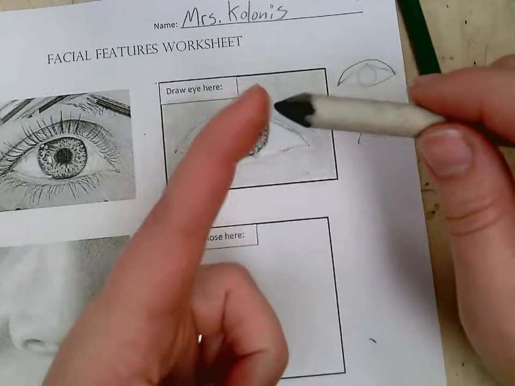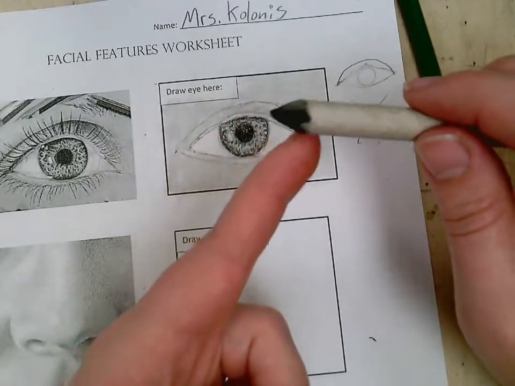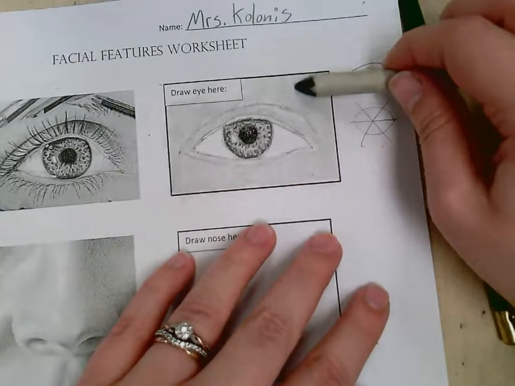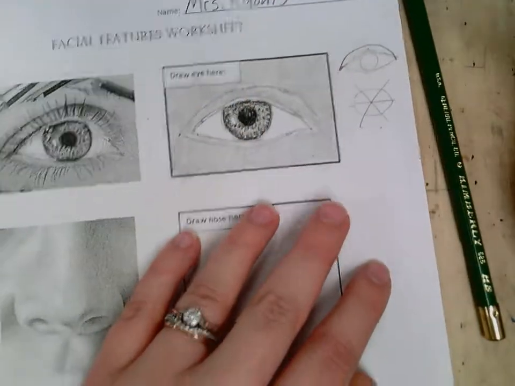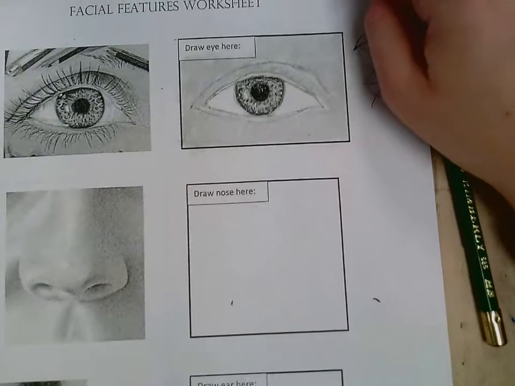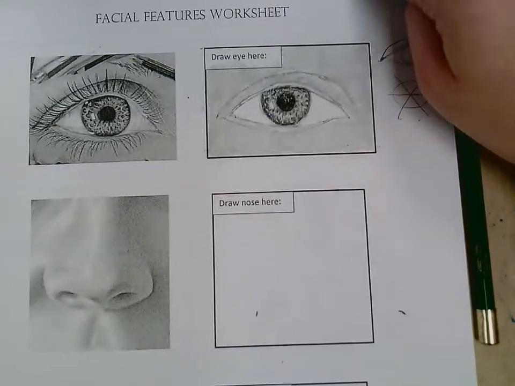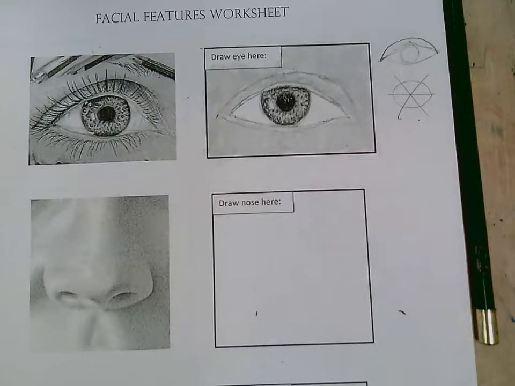Remember, when blending, don't use the tip of the stump, just use that flat edge. When you're done shading that skin,